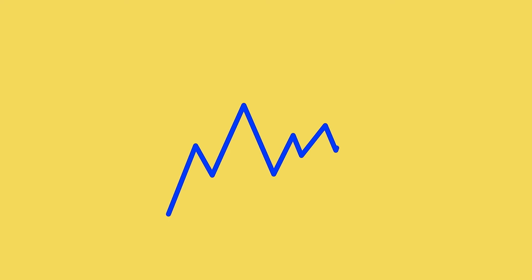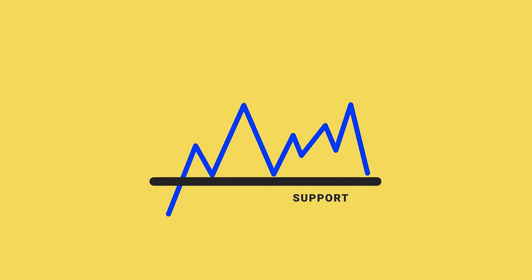Now, how do we actually identify whether it is a support level or resistance level? Actually, it's fairly easy. Let's bring out the charts. A support level is always the price below the current price, as you can see from the chart indicated here. Whereas a resistance level is always the price level above the current price, as you can see indicated in the